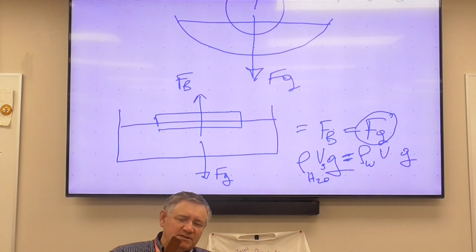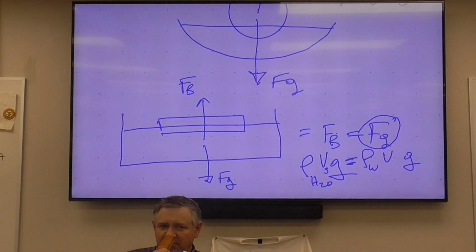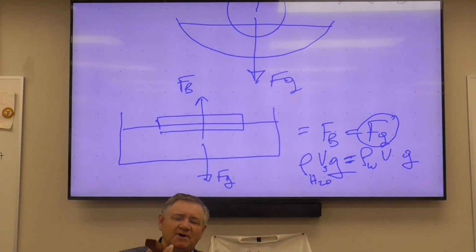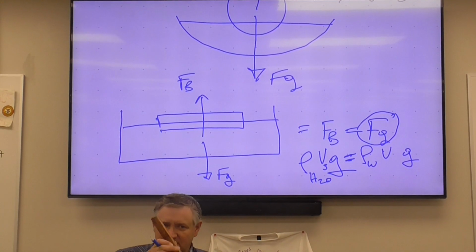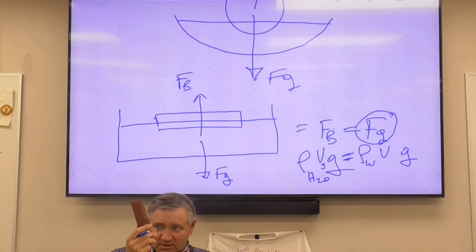Will Stanley, let's say that you know the density of this wood is 0.5 times 10 to the third kilograms per cubic meter. How could you find the mass of this? You multiply by the volume. So to find